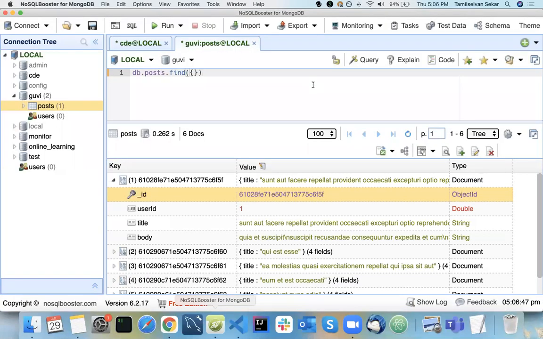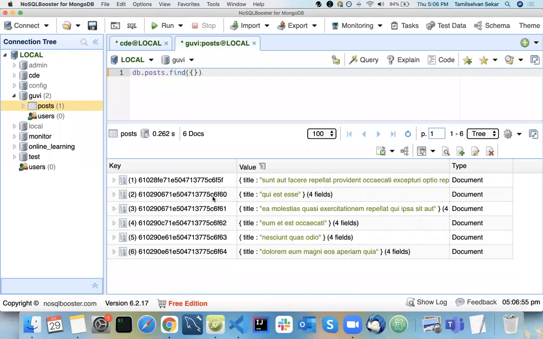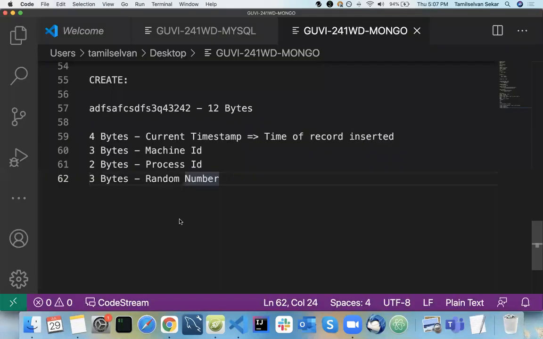If you see here 60, 6F, I see the random numbers, because everything is acting as the current process. The length varies, but inside the memory you will have the same IDs here. See 61, FF, something like this. These are 60, 61, 62, 63. Currently MongoDB is running in one process, there is no different process, and that's why every ID looks the same. The machine ID will be the same too. Only the time changes, and when your time changes, your ID will also be modified.